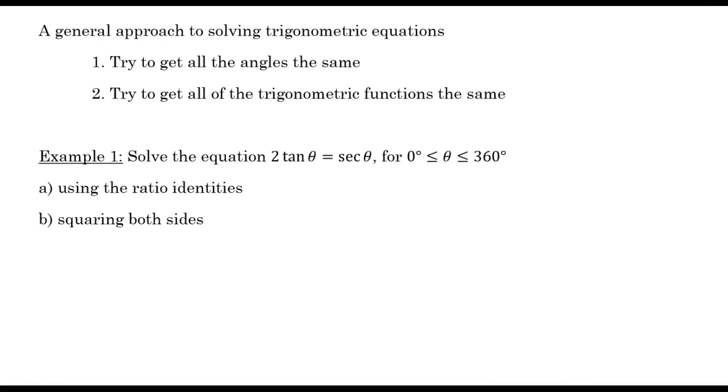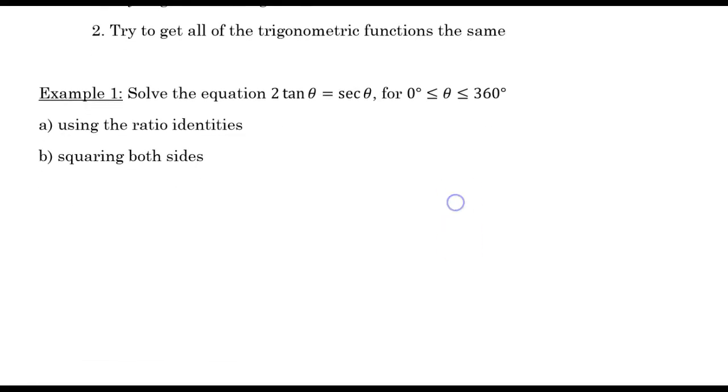I have an equation here. It's asking me to solve it 2 different ways. To begin with, using the ratio identities, and we'll remember that tan is sine over cos, and sec is 1 over cos. So for part A here, if 2 tan theta equals sec theta,